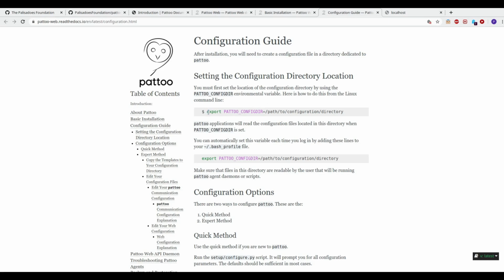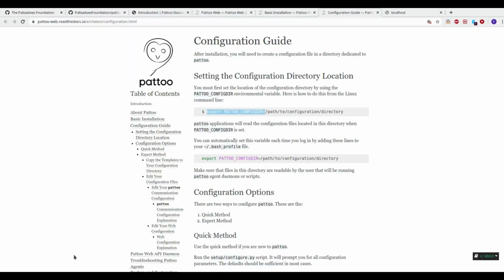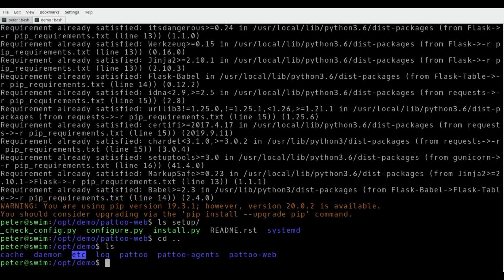And here we're going to export the location of that directory through the use of an environment variable called pattoo_config_dir. So we're going to copy this, and as you can see here, when you take a look at the directory structure under /opt/demo, you'll see that there's an etc directory, and we're going to try to make that environment variable point to that location. So we do export pattoo_config_dir to